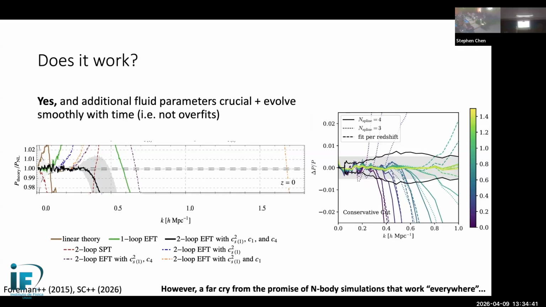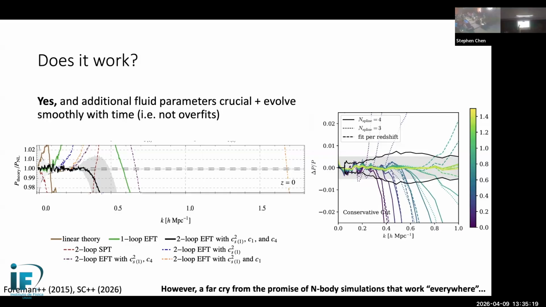But also, if I don't include these fluid parameters that I derive from the EFT that capture the small scale behavior, the 2-loop prediction without these 3 parameters looks like this curve here, and it actually does worse than the linear theory. So it's really critical that we use this fact that the small scales back react into the fluid parameters to capture this behavior. And then as I go to higher and higher redshift, the colors here indicate redshift, I can fit to progressively smaller scales, as you can see. This black line again is the error on the simulations, but you can see that as I go to higher redshift and smaller scales, I can really do quite well.